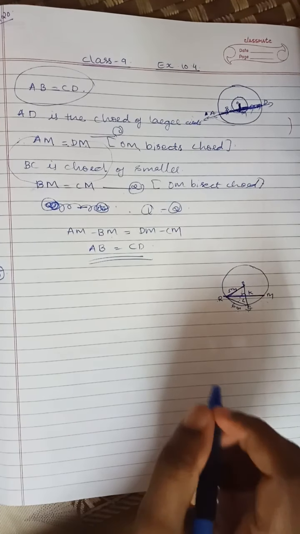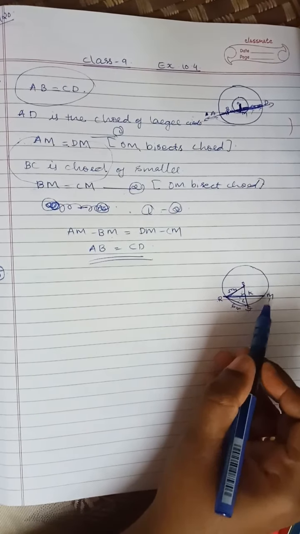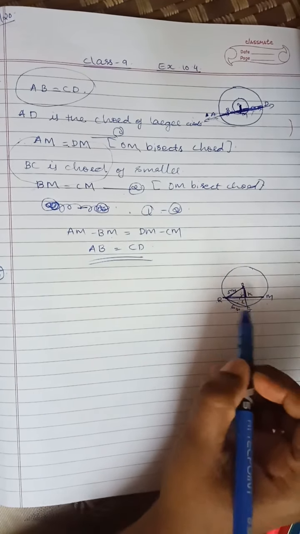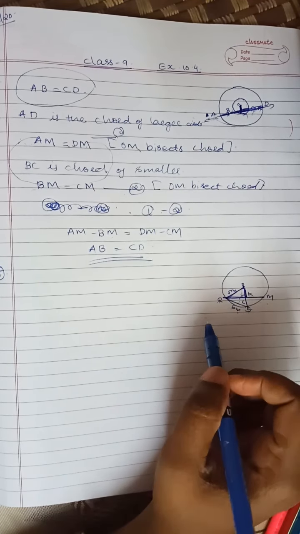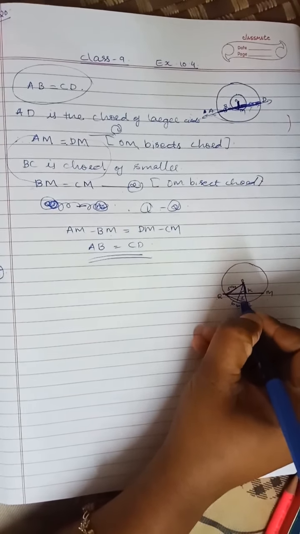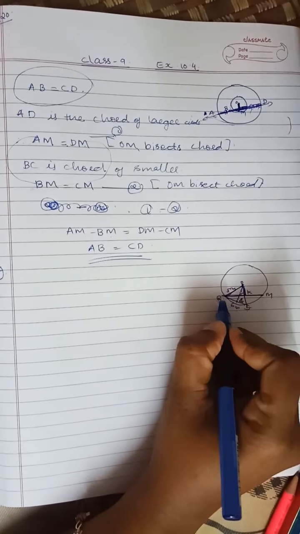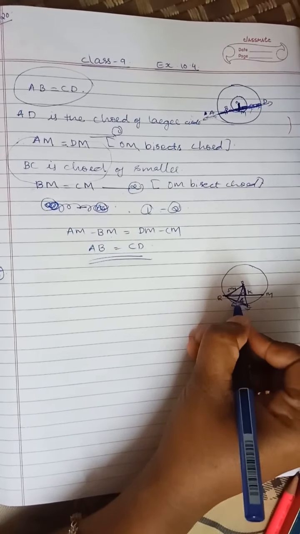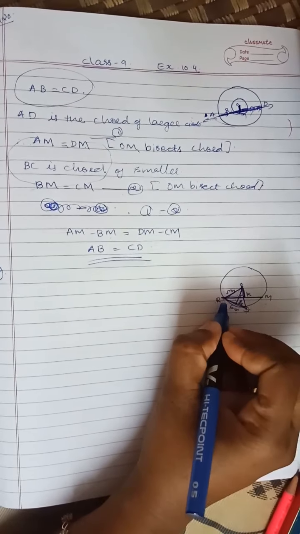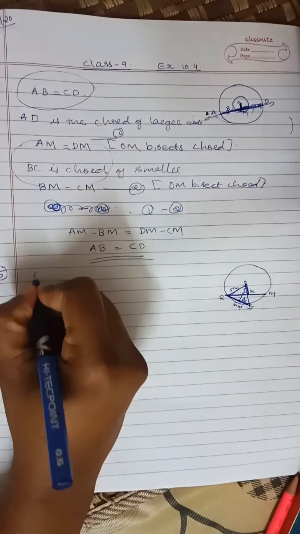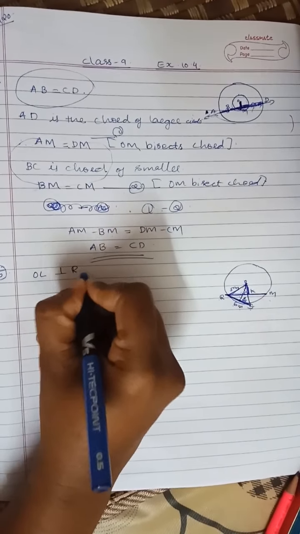Let Reshma, Salma, Mandeep be represented by R, S, M. Okay, we have to draw OL. Sorry, OL is this line. This is L. OL is perpendicular to RS. I drew it here. By construction, I draw one perpendicular line to this chord RS. Correct? So this is the perpendicular line. OL is perpendicular to RS.